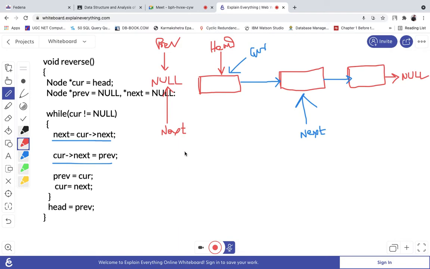আচ্ছা, কারেন্ট ডট নেক্সট হচ্ছে প্রিভিয়াস। তার মানে আমার প্রিভিয়াস এখন এখানে চলে এলো। আর প্রিভিয়াস যেটা ছিল আগে নালে ছিল, তো এটা আমার এখন প্রিভিয়াস হয়ে গেল। আচ্ছা, কারেন্ট এখন এখানে শিফট হয়ে গেল। কারেন্ট ডট নেক্সট ইকুয়ালস টু প্রিভিয়াস, আর প্রিভিয়াস ইকুয়ালস টু কারেন্ট। একটা একটা করে কিন্তু শিফট করছে ও। প্রিভিয়াস যেটা ছিল সেটা কারেন্ট হয়ে গেল, ঠিক আছে।